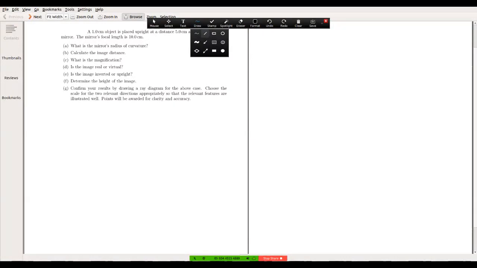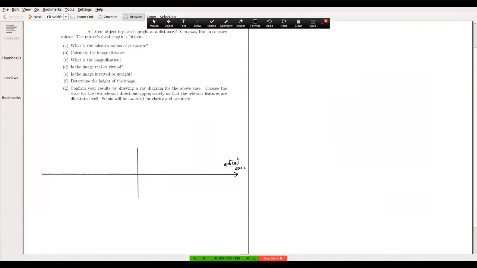A ray diagram involves drawing everything with reference to an optical axis, which is the direction of light. So that's the direction in which light is moving, and we call it the optical axis. The mirror will be, for our purposes, this line will represent the mirror, but of course, we have a spherical mirror, a concave mirror